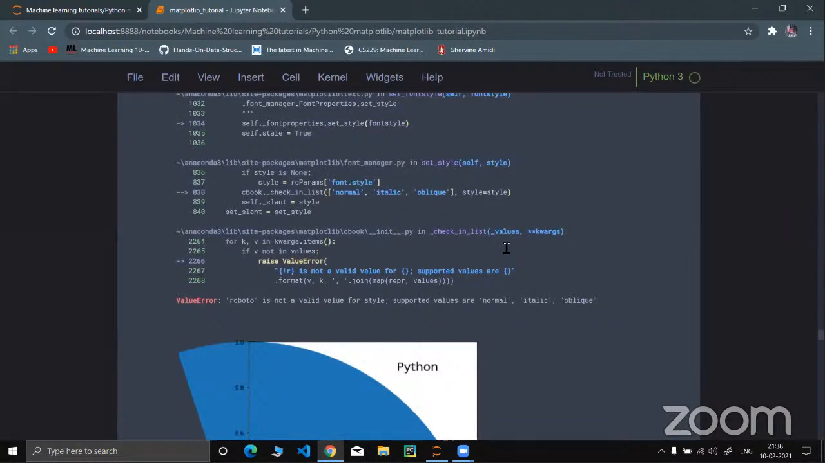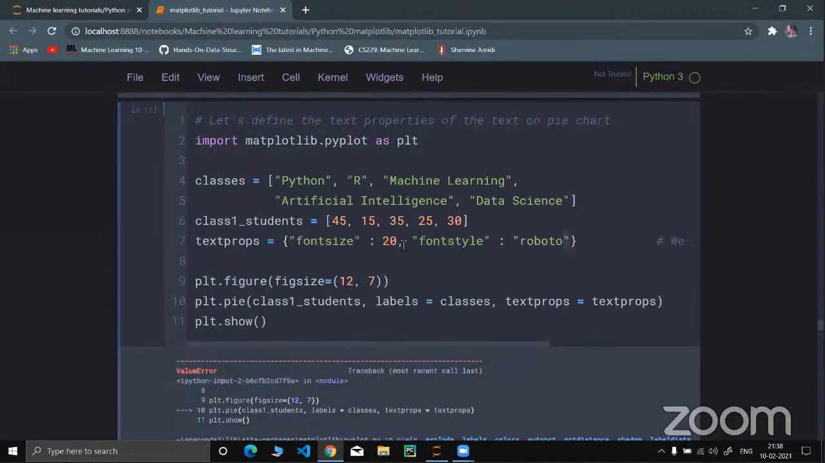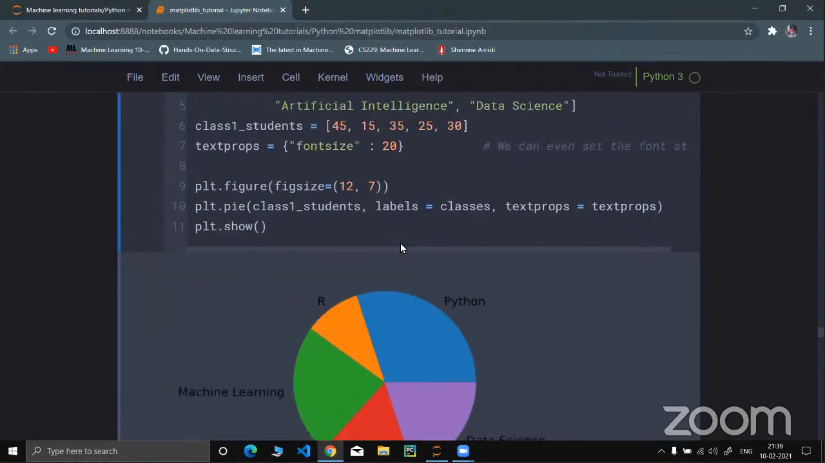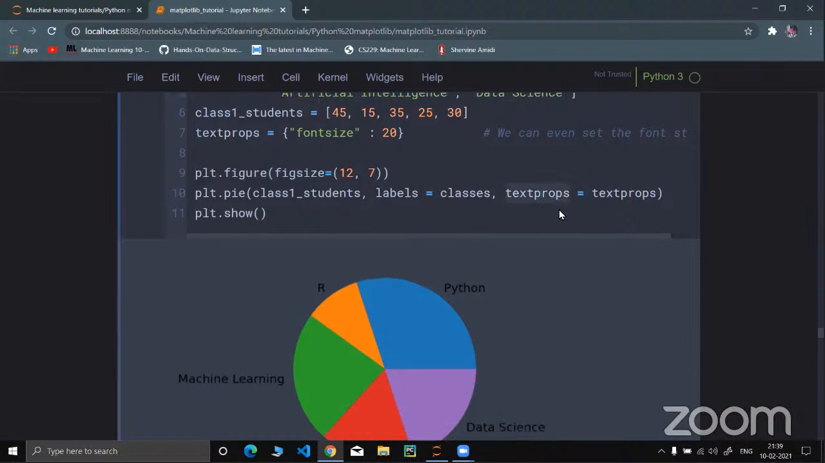This is not the right font style. As we can see, we actually don't know any font family, so let's just ignore it for a while. But just keep in mind that we can even decide the font style of the text on our pie chart. We need to pass that dictionary to the textprops variable, and